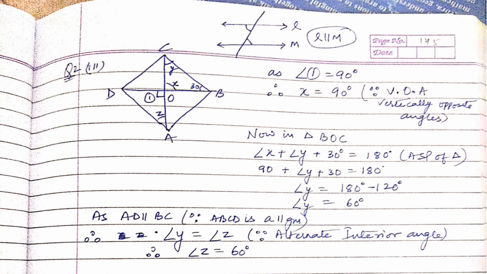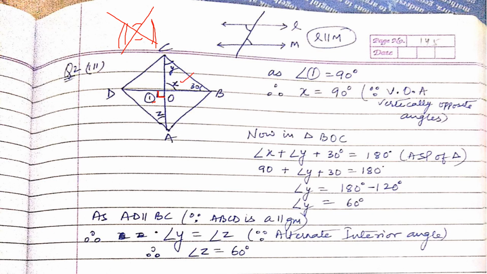But this X and this angle 1, which I've assumed, is given to you as 90 degree. What you can say, X and 1 are equal. Why are they equal? Try to think. Yes, we have studied when two lines intersect like this, then this and this angle are known as vertically opposite angles and they are equal. Similarly, these two are also equal. Okay. In that way, X became 90 degree.